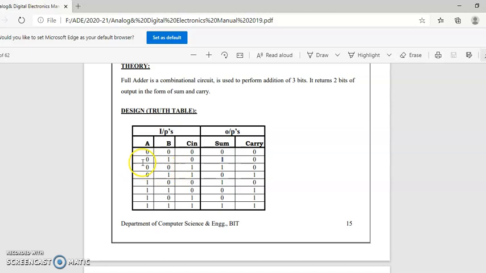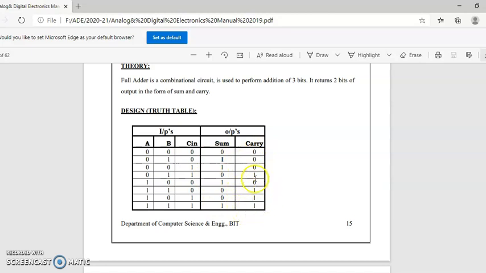A bar B C bar, plus A bar B bar C, plus A B bar C bar, plus A B C. Those are the terms you're going to get for the sum.